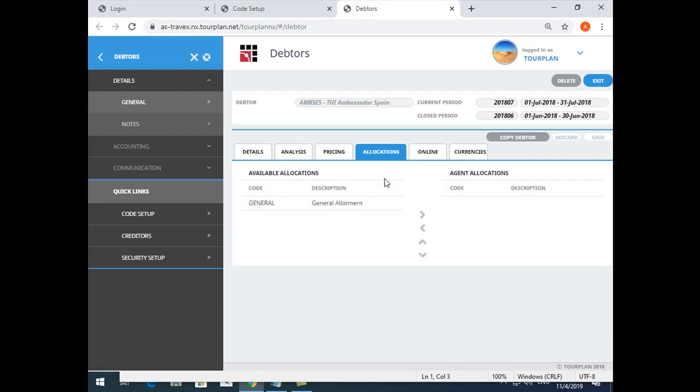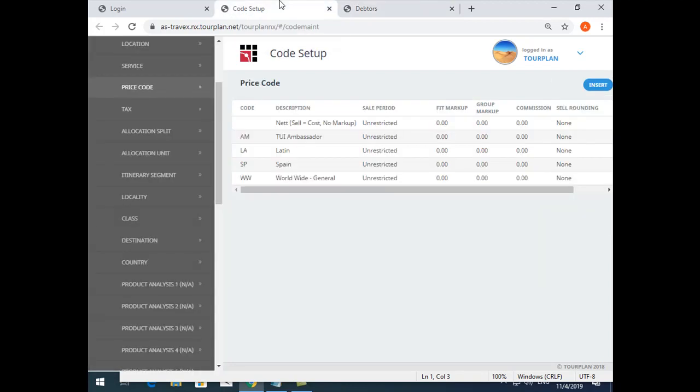Okay, next one is allocation. As I mentioned, we can actually insert allotments in the system, so that if the hotel reserves certain allotments for you, there is one allotment called general allotment where you can reserve for everyone. But of course, if you have any allotments that you reserve only for TUI ambassador, let's say if you have 5 rooms per day, you have 2 rooms for TUI ambassador and another 3 for the general, you can actually do that. So how you do that, you can create one new agent allocation, again under code setup,